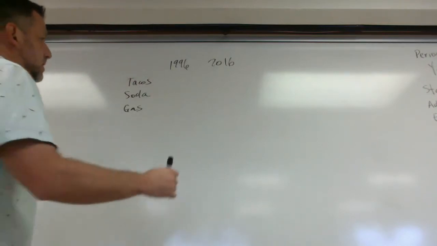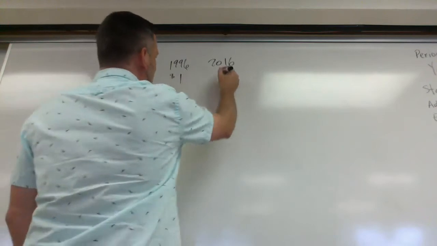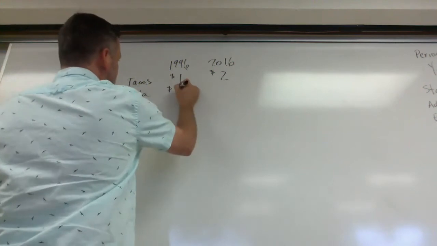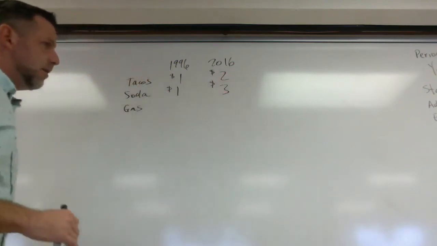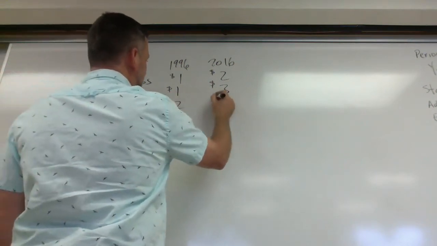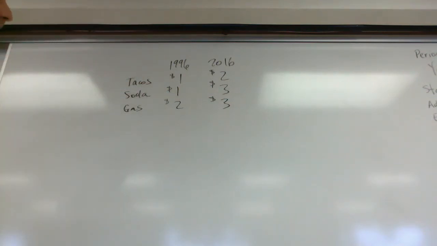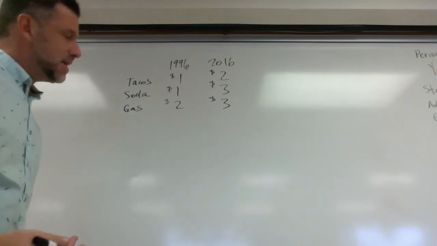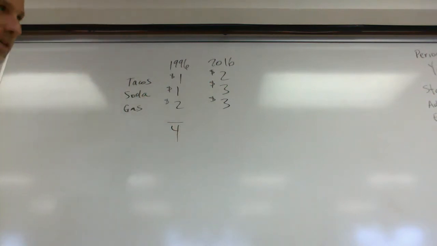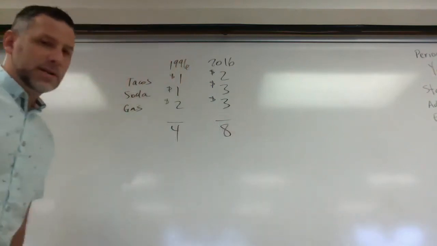And we'll say that tacos in 1996, if you went to a taco shop, a taco would be $1. Maybe in 2016, we'll say tacos are $2. A 2 liter of soda was $1. We'll say that is $3 now. And a gallon of gas was $2, and it is now $3, or in 2016 was $3, right? So we've got these numbers here, these market baskets. We can add up our market baskets. We'd have $4 for our 1996 basket, and then we would have, looks like, $8 for our 2016 basket,